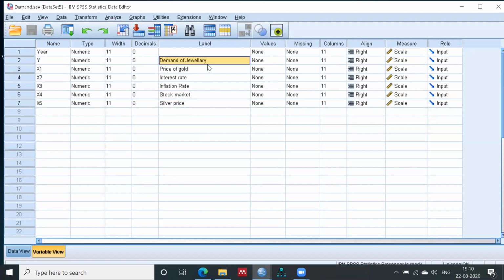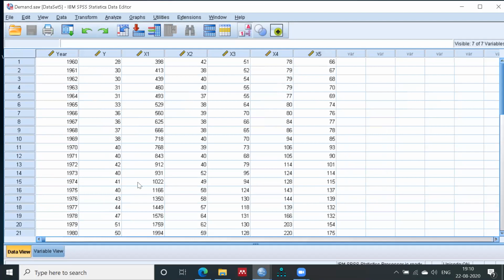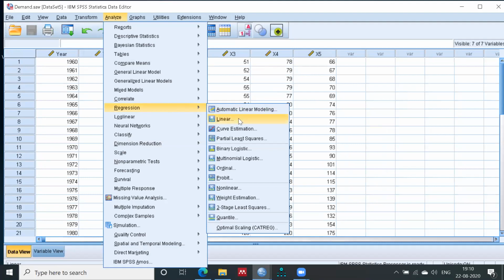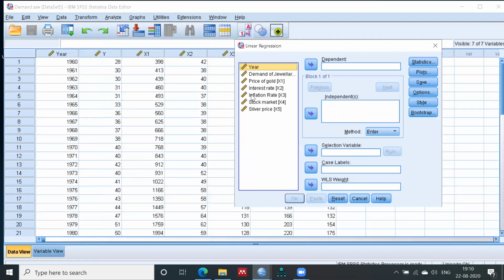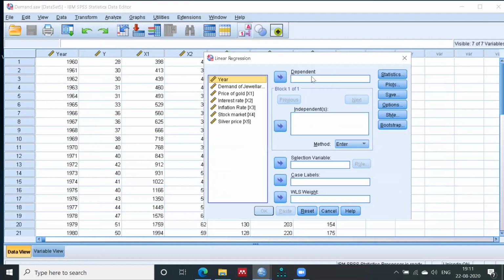All right, I just want to calculate the multiple correlation. For multiple correlation, first of all, we apply the simple linear regression. So go to analyze, regression, and linear. Click on this linear option, and it is asking for dependent. My dependent is demand, right?